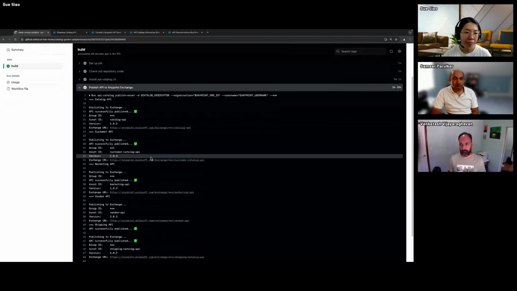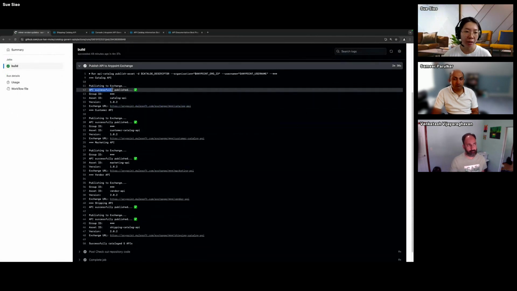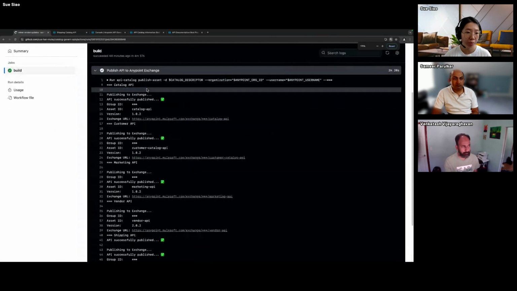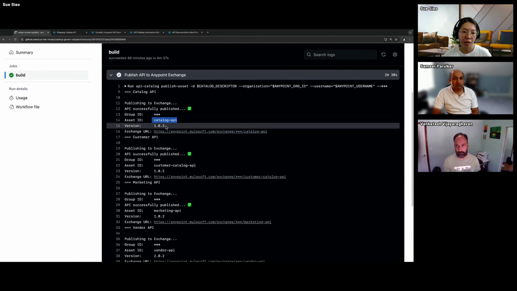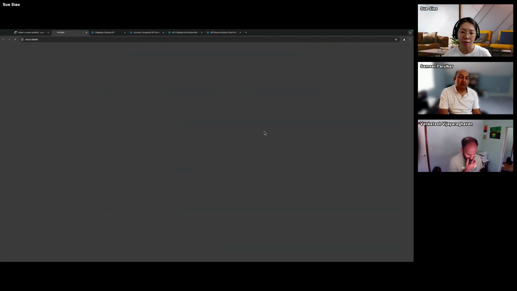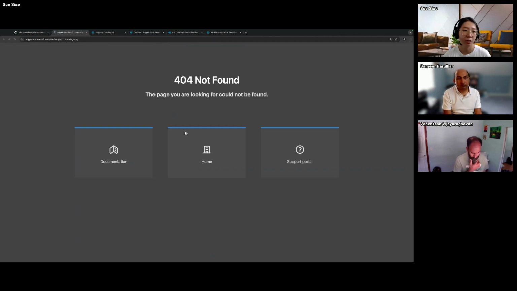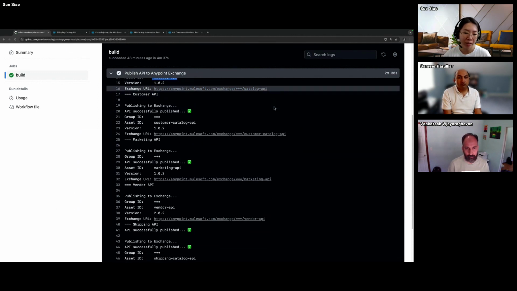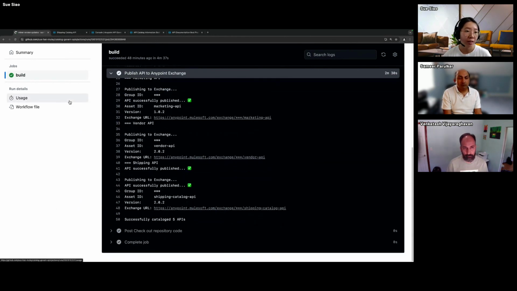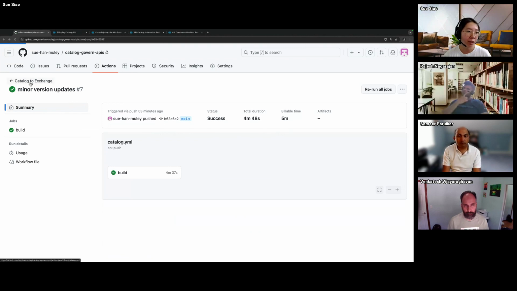So then, as you can see, the API was successfully published, and it tells you what the asset was and what version, and you can even have a link. Oh, sorry, it's hidden, the group ID, but it'll tell you what the URL will be. And then for governance,